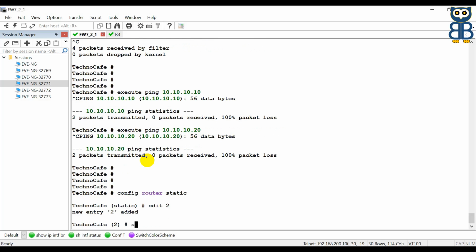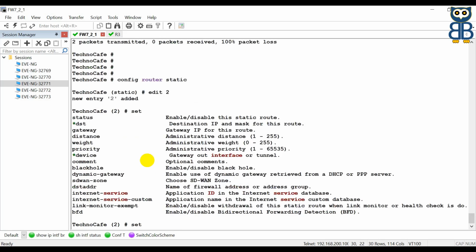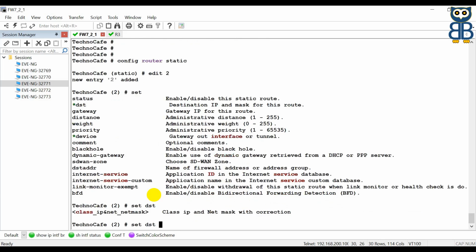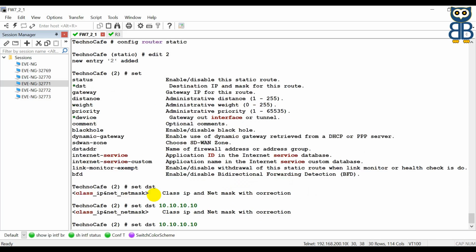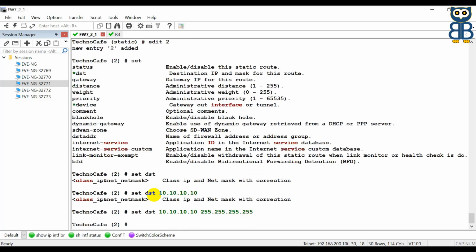And here set DST, we need to tell the IP address or the network, 10.10.10.10, and we need to give the subnet mask which is /32. We need to tell which port and what's the gateway IP address for this one. So set gateway